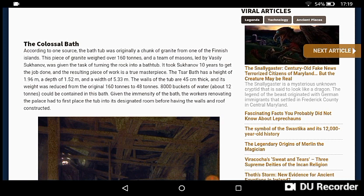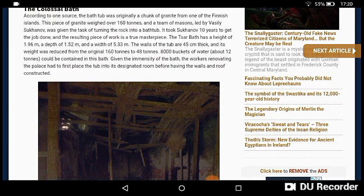The walls of the tub are 45 centimetres thick, and its weight was reduced from the original 160 tons to 48 tons. 8,000 buckets of water